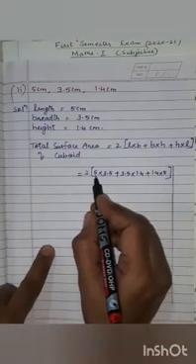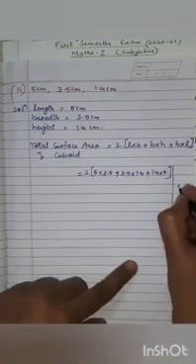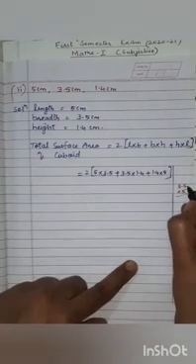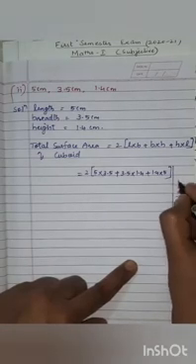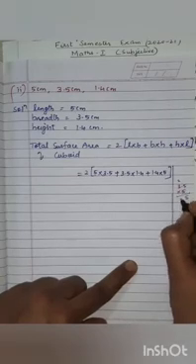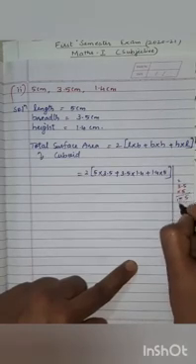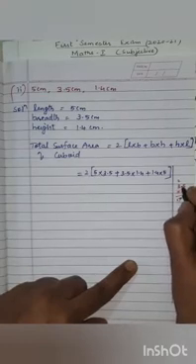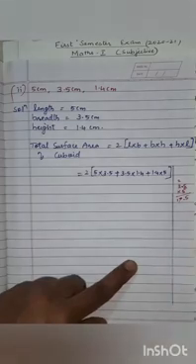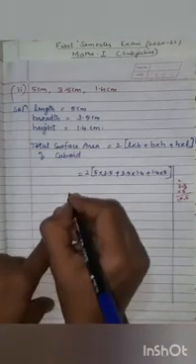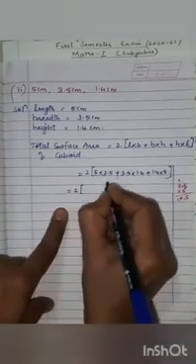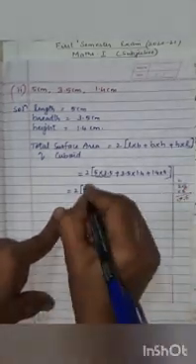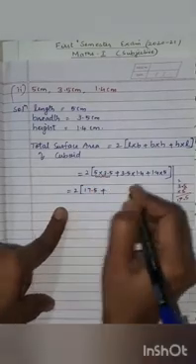Okay, so here what we will be doing, I will show you each step. 3.5 multiplied by 5. 5 fives is 25, carry 2. 3 fives is 15. 15 plus 2 is what? 17. So we are getting here 17. So the decimal point is after one number, so it is 17.5. Okay, so here we will have equal to 2 bracket. So the value of this one comes out to be 17.5, plus.